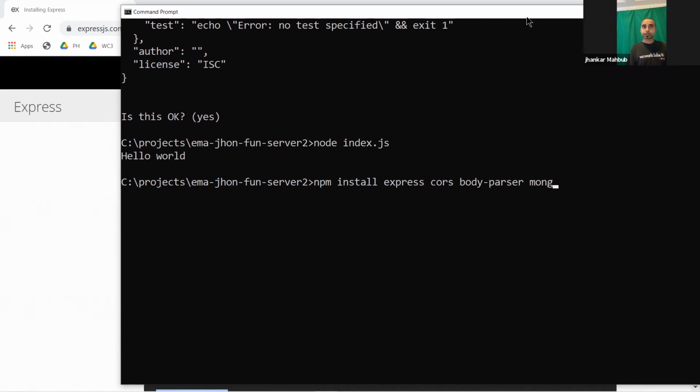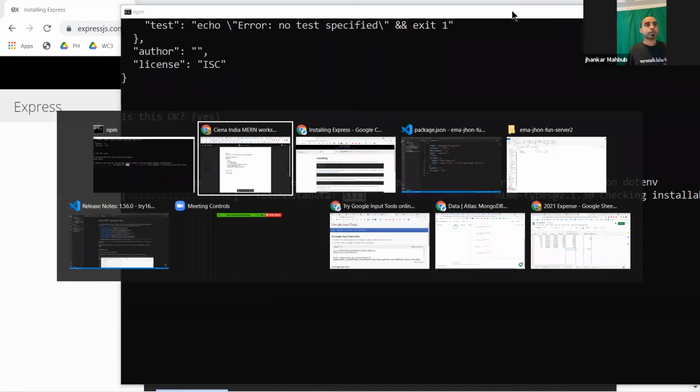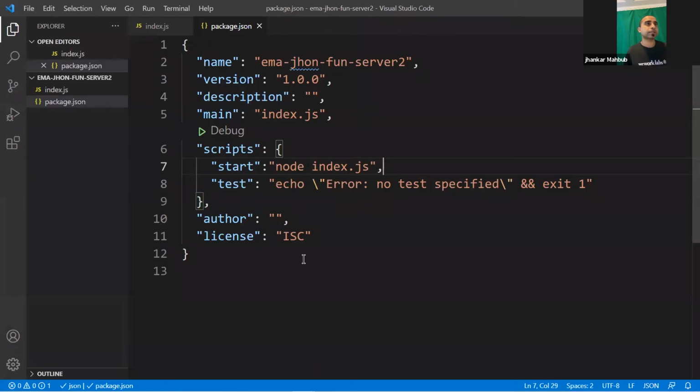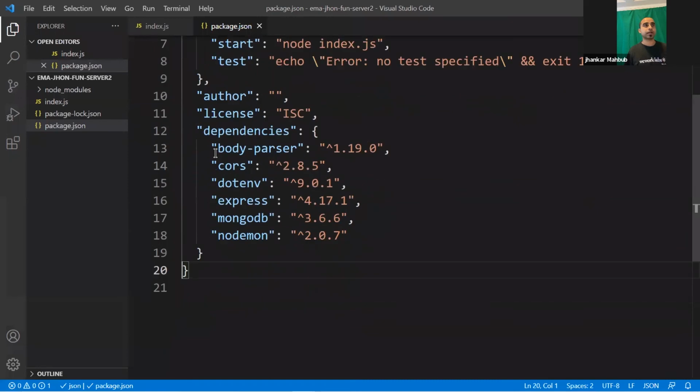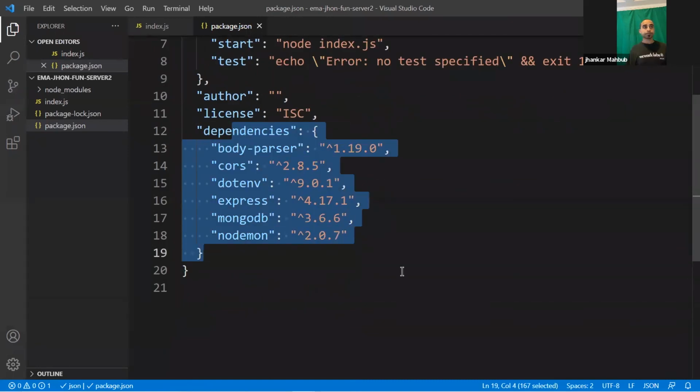After that, we will need to connect to MongoDB. That means you need mongodb for that. And if you remember, last time whenever we saved something, it wasn't automatically updating. That's why we need something to monitor whether we changed something or not. And finally, we will use something called dotenv. So this is a bunch of things we are installing together. And once you install those, those dependencies will start appearing here. Usually they are really quick. If you see, it came very quickly, and these are the dependencies you have installed.